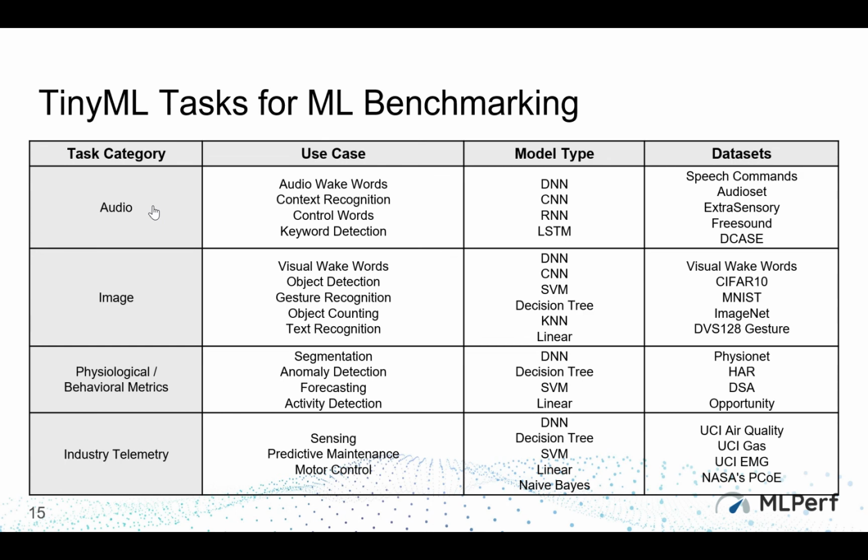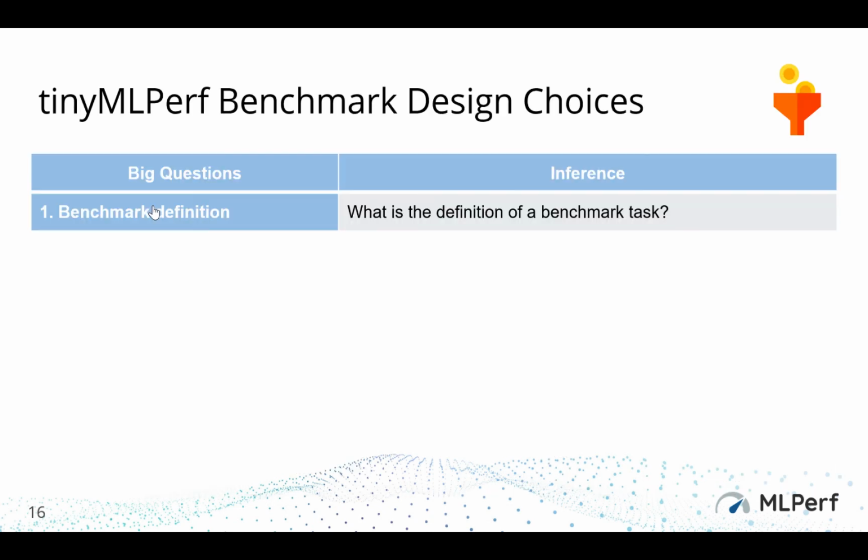And then, of course, there are many different models. One thing that I find interesting about the tinyML space is that it's not purely about machine learning techniques in the non-traditional neural network sense, right? There are many different approaches. You can have a lot of classical machine learning techniques that are just as good or probably even better to deploy on a tinyML system. So we have been talking about what is the right model type that we want. Do we necessarily want everything to be a neural network, or do we want a mixture of neural networks and classical methods in there? And of course, what are the data sets that go with them? So how do we prune that large set down?